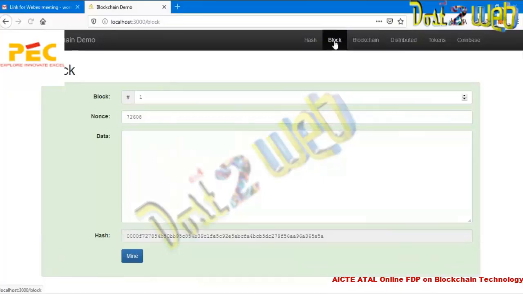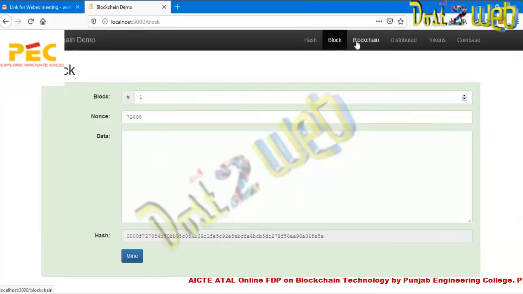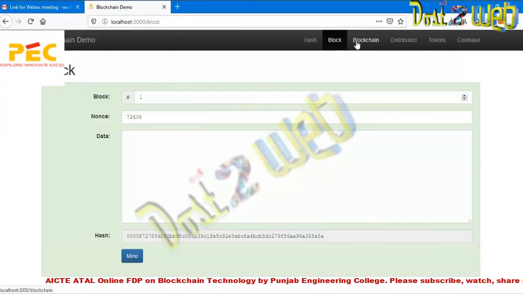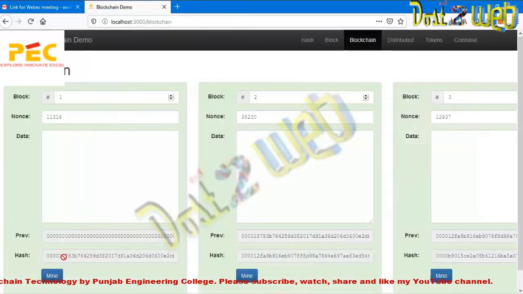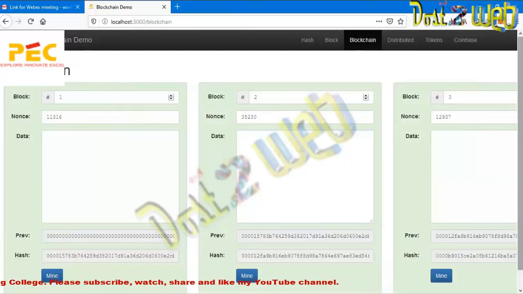Ma'am has already explained to you the concept of hash. Now I will try to tell you how these blocks are actually clubbed together to form a blockchain. The merging of the blocks is a bit similar to a linked list. In a linked list, we know that every node saves the address of the next. Similarly, in the blockchain, the hash of the first block will be saved in the next block, and so on. We are trying to create a link between the different blocks and hence forming the blockchain.